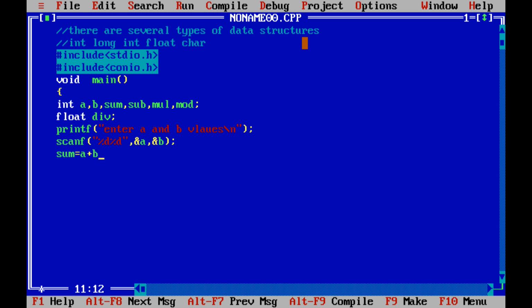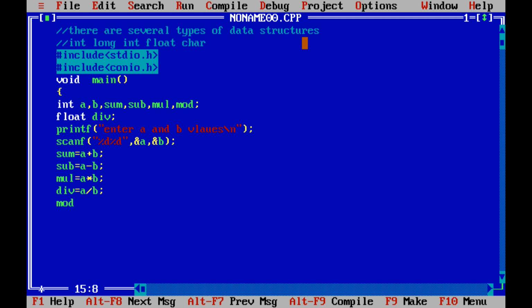We want the sum of a and b, so sum equal to a plus b, then semicolon, and then subtraction, sub is equal to a minus b, then multiplication, mul is equal to a into b, then division, divide is equal to a divided by b, then mod.